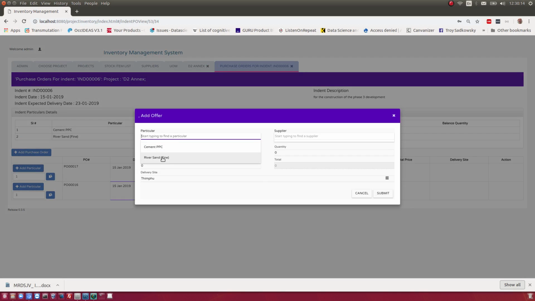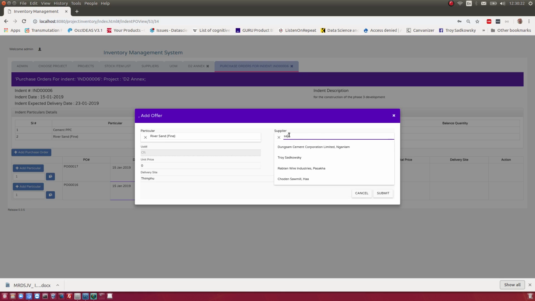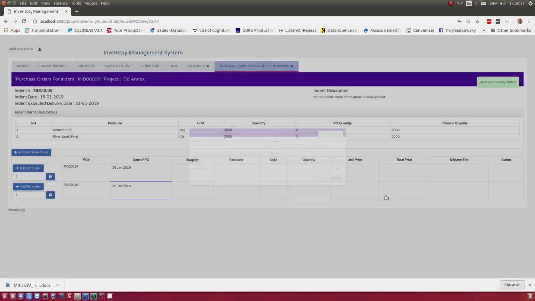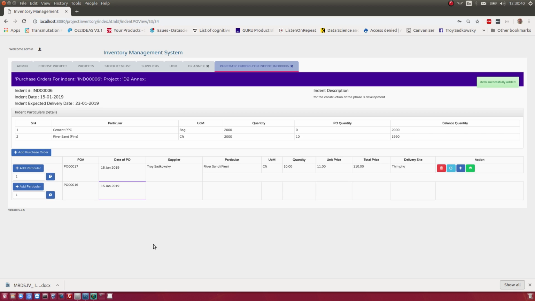Here we're going to add some river sand, and let's get that from Troy Sadowski. Didn't know I was a supplier of river sand, but let's say we'll just get some river sand there. Actually, let's clean this up, it's getting a bit messy, so we'll remove this guy,